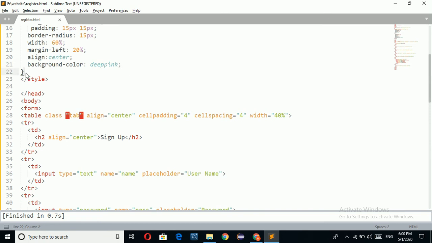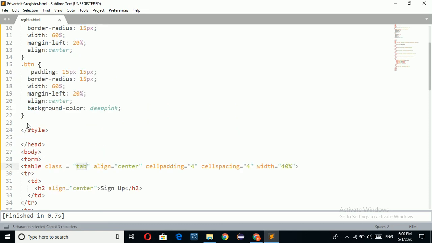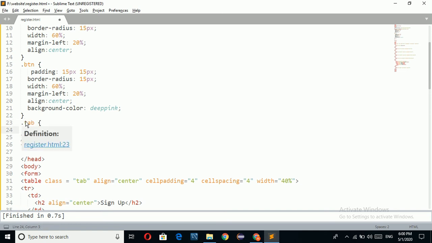Now I am going to apply CSS for table. Just copy table.